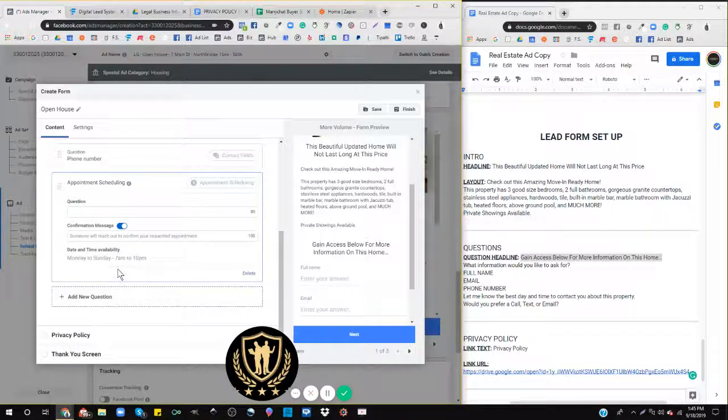Now, these people obviously have the time and date that you have for this open house. But there's going to be people who don't want to go to the open house, but still want to set up an appointment to chat with you. So this is where you can actually do that by choosing schedule an appointment. Now we're going to go back over to the information here. And what we want to do is ask them,